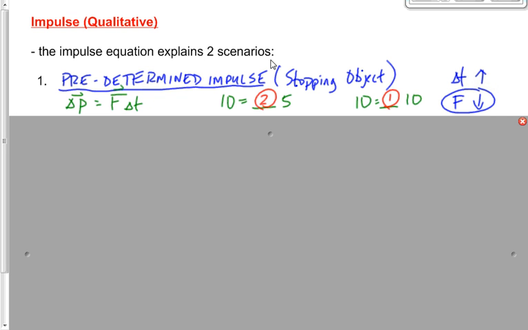If you bend your legs when you jump off the desk, you increase the stopping time to decrease the force. The crumple zone in a car, increase the stopping time, decrease the force. Goalie pads, you get hit by a puck, increase stopping time, decrease force. Got it? Now,